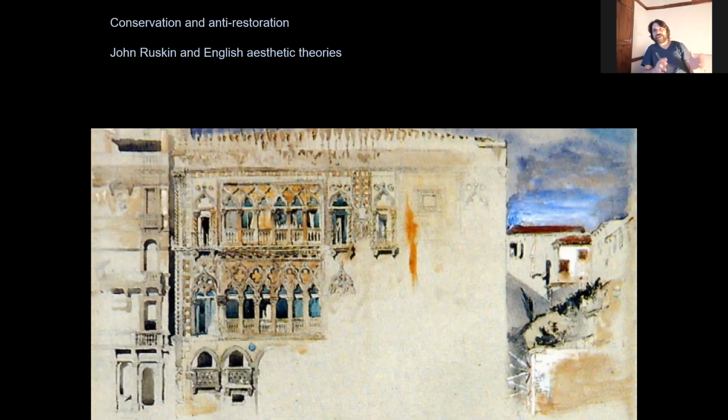And then this approach spread to the field of architecture, from paintings, and a movement called anti-restoration took place in the early 19th century, beginning from England and spreading out to Germany, France, and other countries. The anti-restoration movement criticized restoration architects for the destruction of the historical authenticity of buildings and fought for their protection, conservation, and maintenance. The leading actor of this critique is John Ruskin, an aesthetic theorist at the same time,